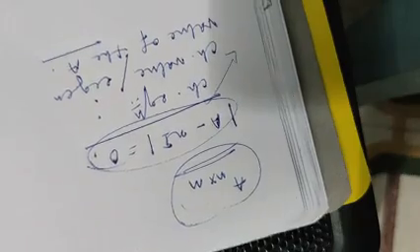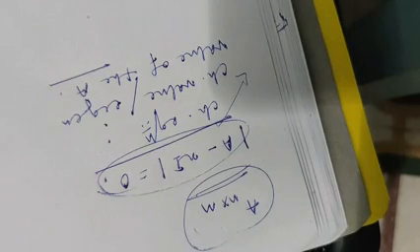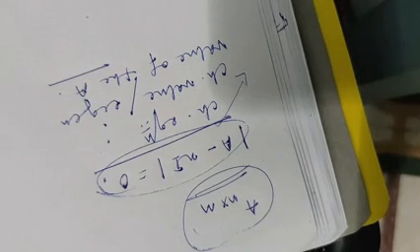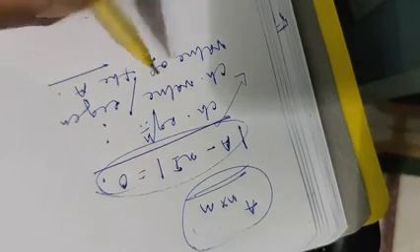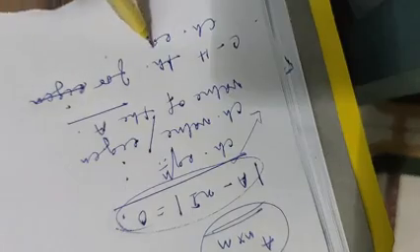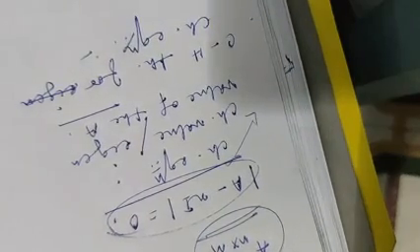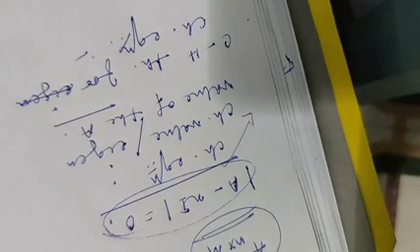Now there are several theorems using the characteristic values or the characteristic vectors of a particular matrix, as in: every square matrix satisfies its own characteristic equation. This theorem is also known as the Cayley-Hamilton theorem. Here we also have the Cayley-Hamilton theorem for the minimal polynomial, but this is for the characteristic equation, which states that every square matrix satisfies its own characteristic equation.